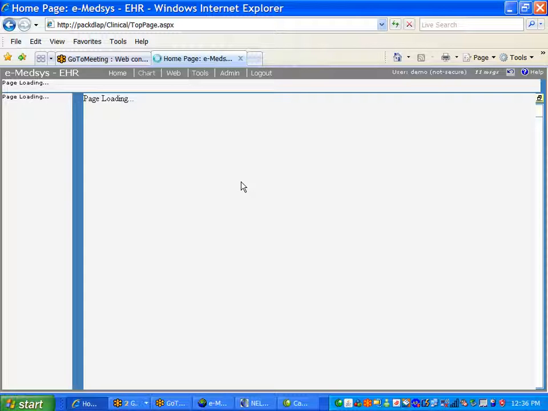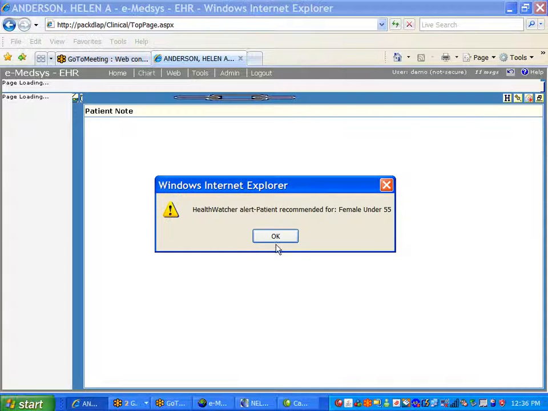Health Watcher protocols can come up based on a variety of factors. They can be based on age and sex, as we just talked about earlier, female under 55, or they can be based on a